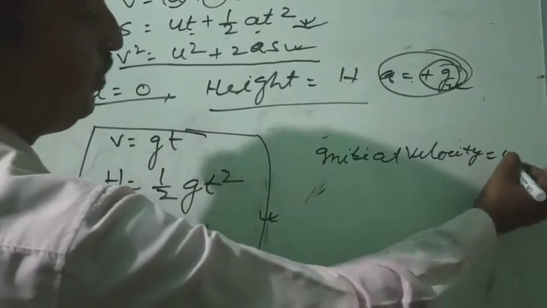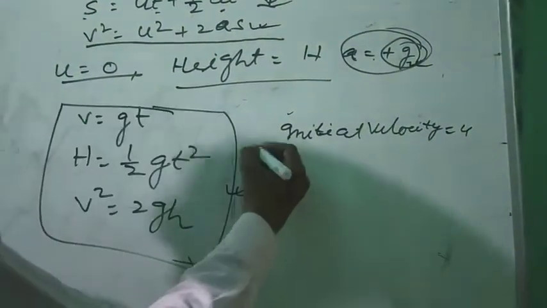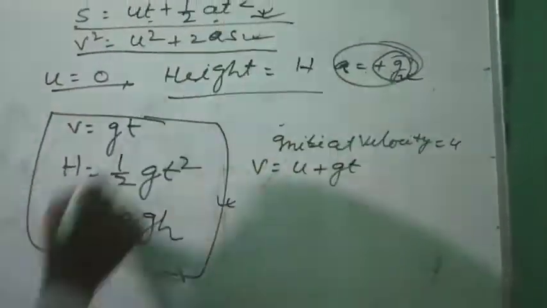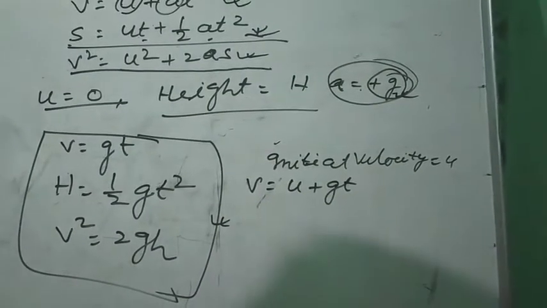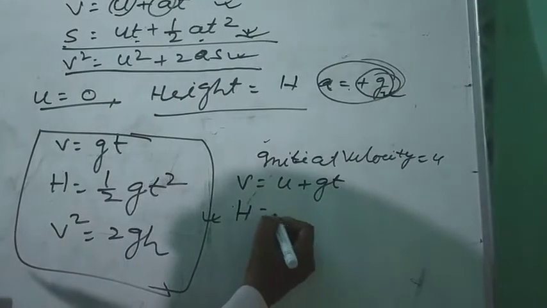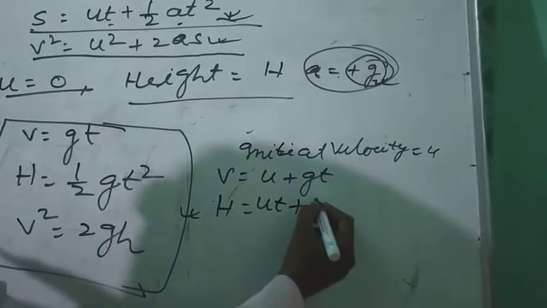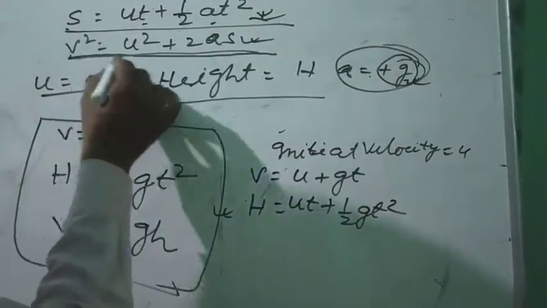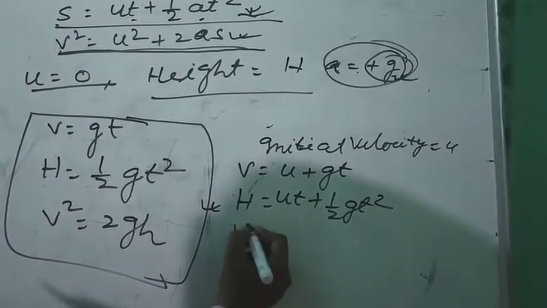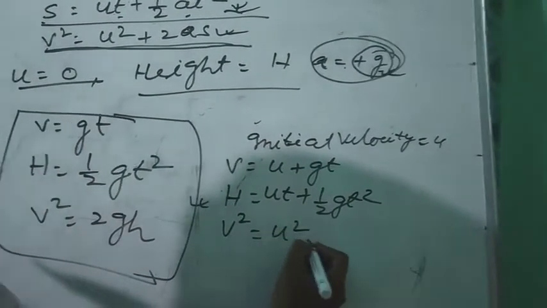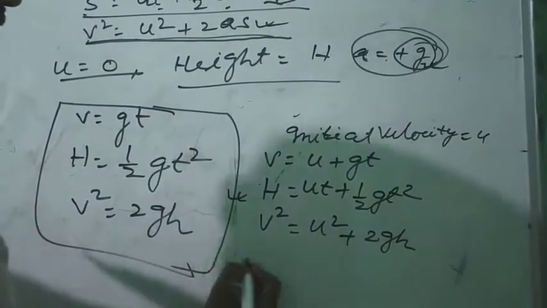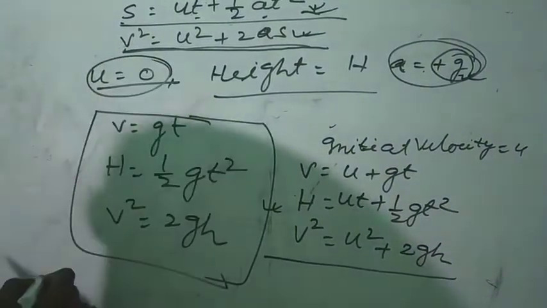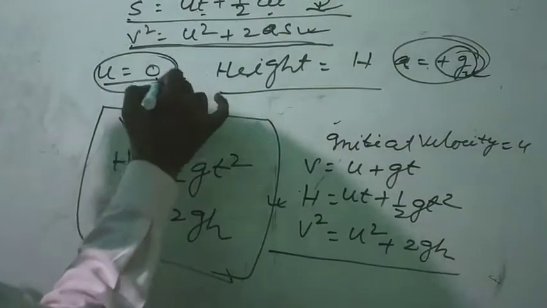then these equations become v is equal to u plus gt, and the second equation s is equal to ut plus half at square becomes h is equal to ut plus half gt square, and the third equation of motion v square is equal to u square plus 2as becomes v square is equal to u square plus 2gh. So these are the two cases when a body freely falls,